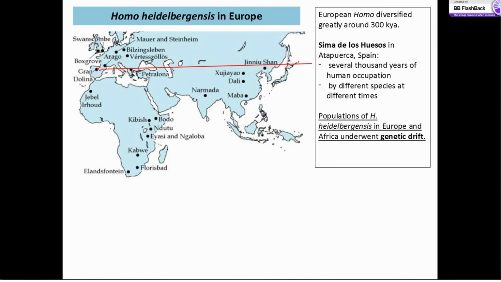So the Heidelbergensis who got to Europe about 500,000 years ago, they hung out there and they did pretty well, and they underwent a process of adaptation to the European climate. Now think about how the European climate is different from the African climate, right? So we have one group of Heidelbergensis hanging out here,